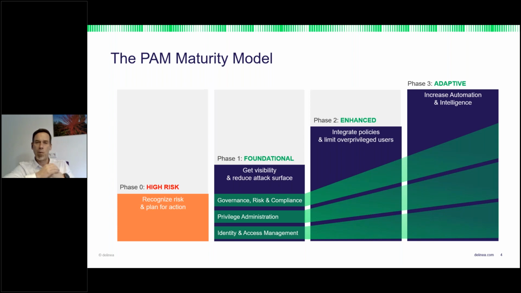I know I'm a risk, and my company, my environment is completely at risk, so I need to do something, which is phase 0, the high risk phase. In the past, it was the danger zone. You can call it whatever you want. And if you look for the way to go into the cloud, normally you take a part of your environment that you think is most important. It might be your data center, the classic legacy data center in your basement.